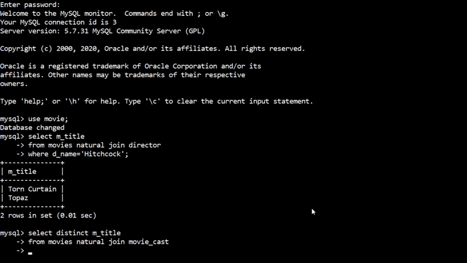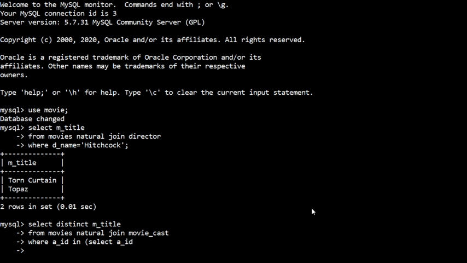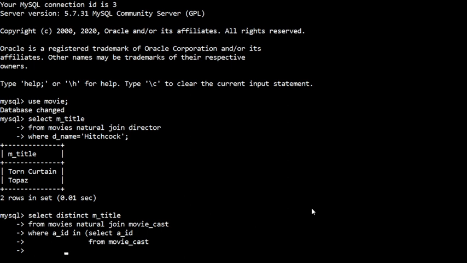The condition here is actor id must be in, and in the nested query you select the actor id from movie cast.